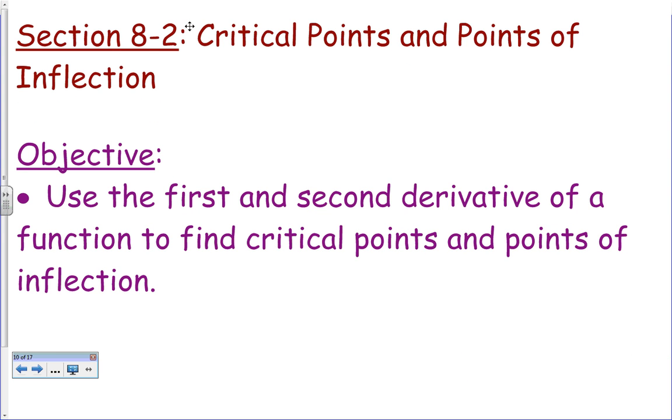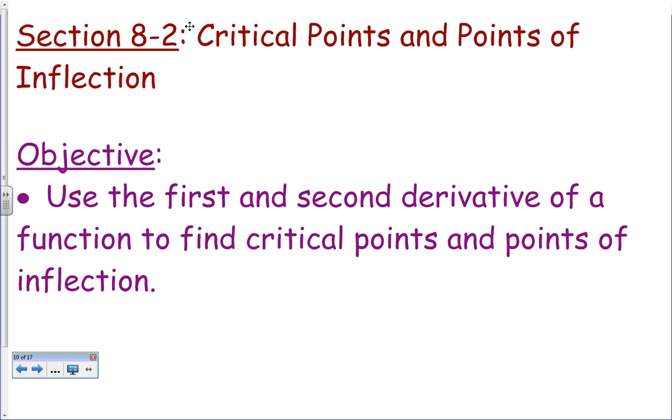Section 8-2 is on critical points and points of inflection. The objective of this section is to use the first and second derivative of a function to find critical points and points of inflection. If you recall from the first part of this section, we talked about how you can